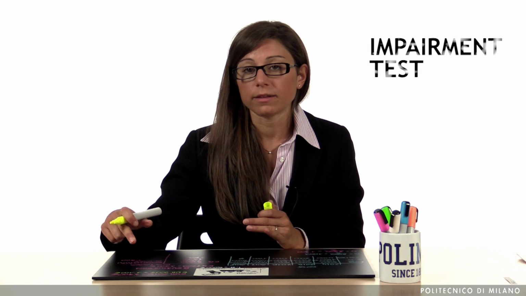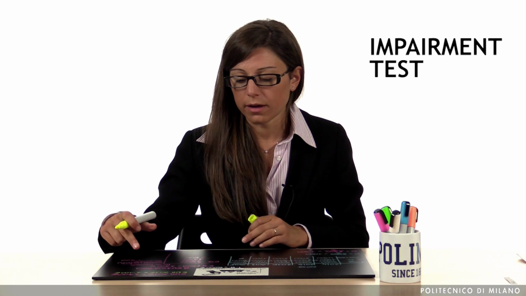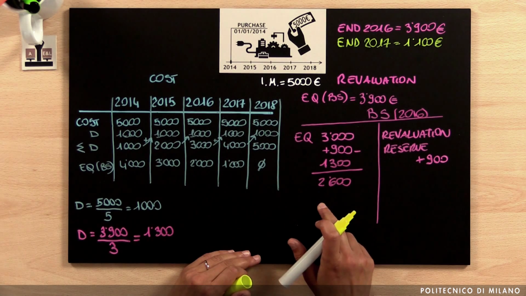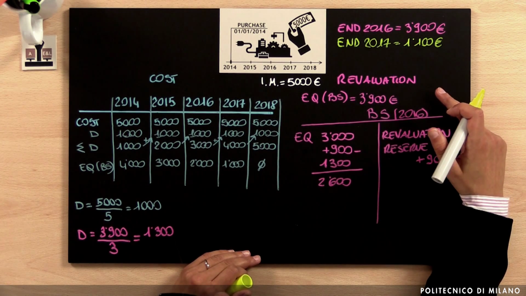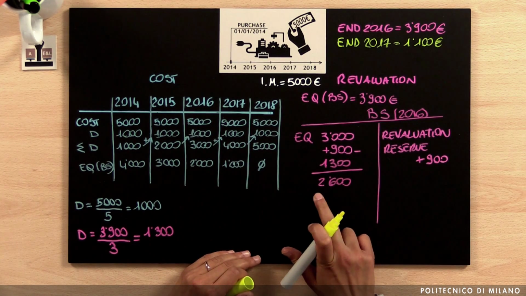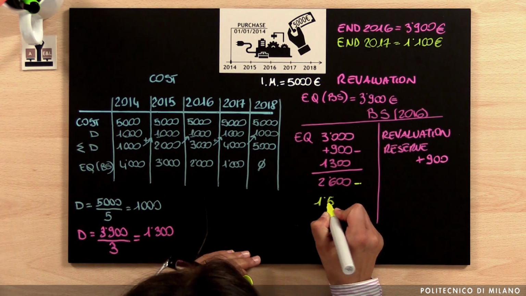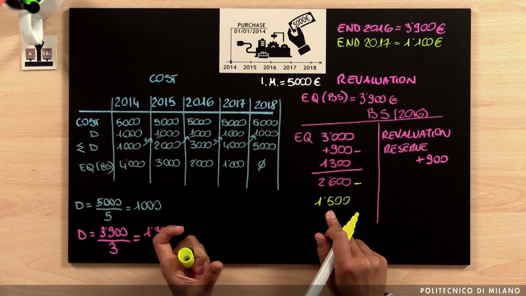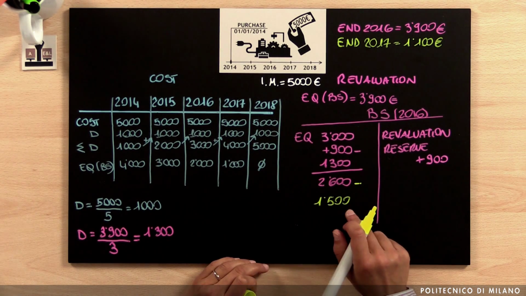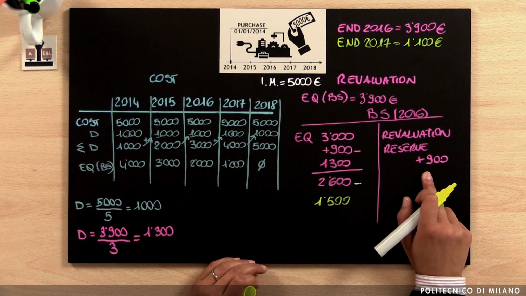In this case, the so-called impairment test should be recognized in the balance sheet by the company. What should be done? First of all, we need to address within the balance sheet the new value. So we can calculate again the difference between the fair value, which is 1,100, with respect to the book value, which is 2,600. So the loss of value will be of 1,500. Again, as a difference between fair value and book value. In the moment in which we have this loss of value, we need to recognize this loss of value also by looking at the revaluation reserve.